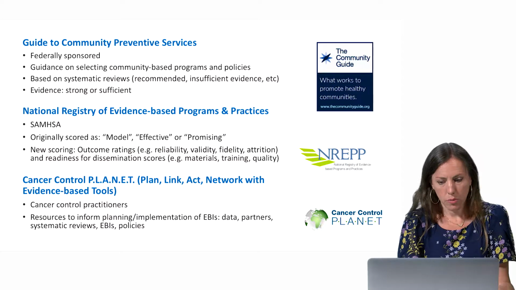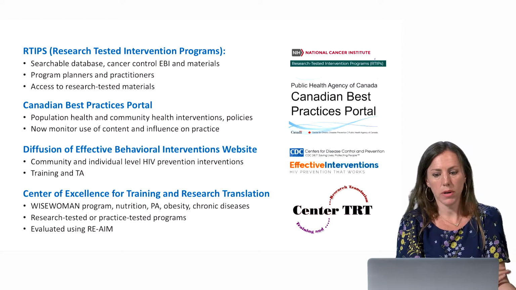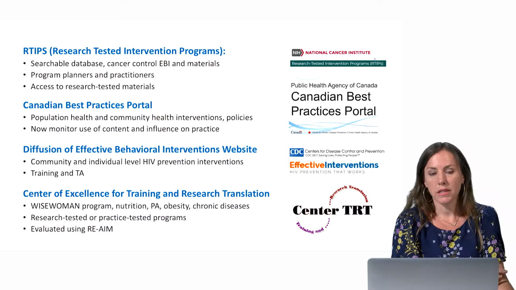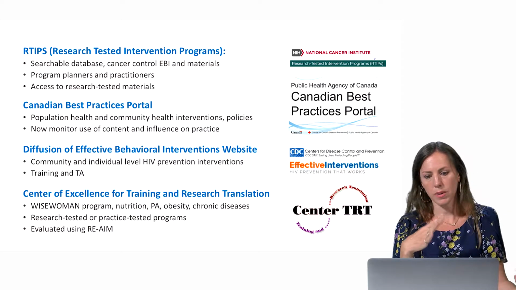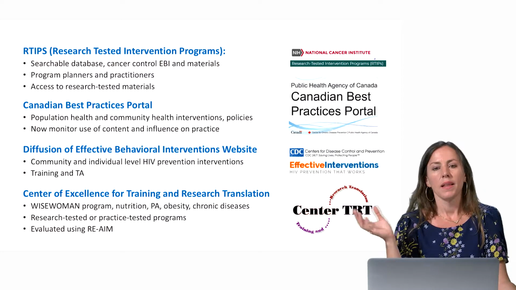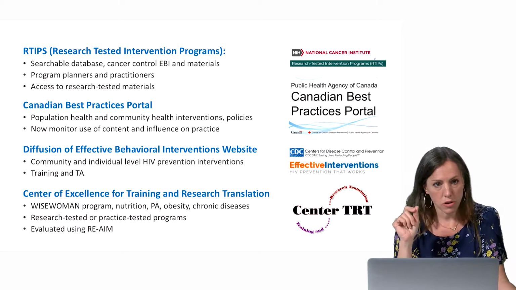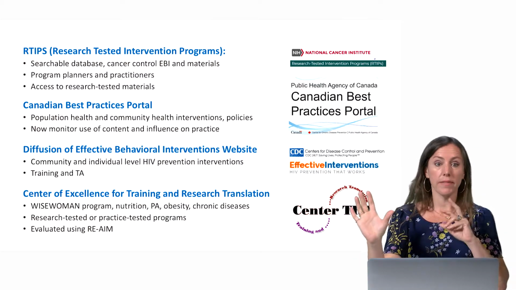There's Cancer Control Planet and RTIPS, which is the Research Tested Intervention Programs. This is generally related to cancer very broadly, so anything from physical activity or obesity, ranging all the way to screening and survivorship. This resource in particular has a searchable database by setting, population, age group, geographic region,